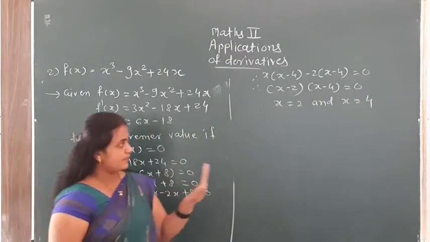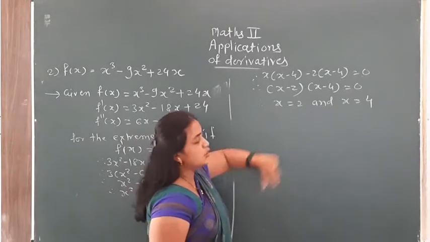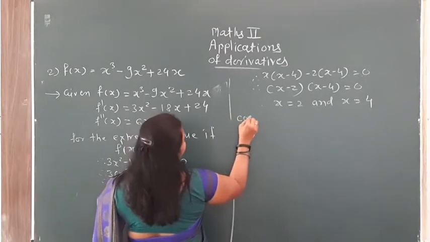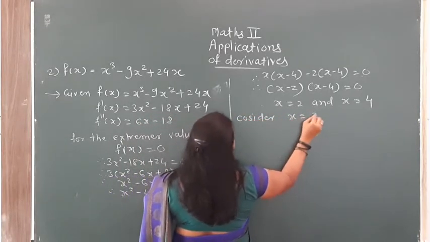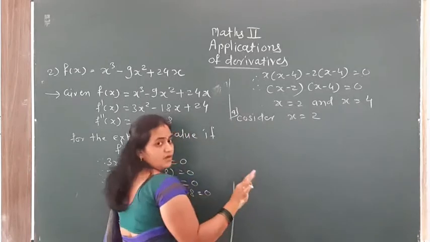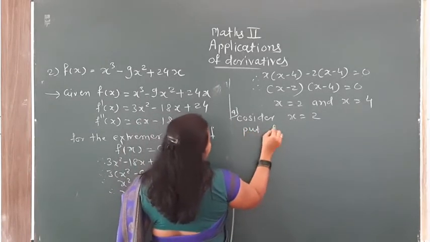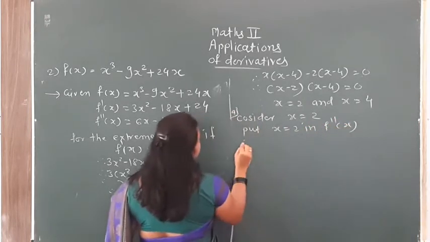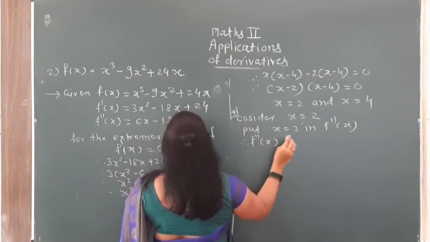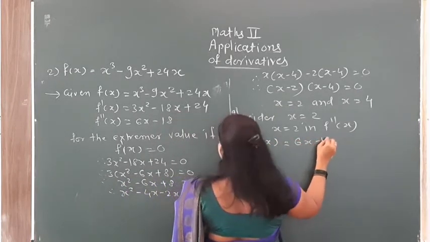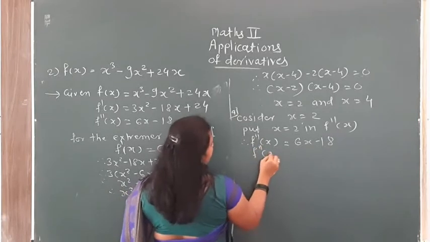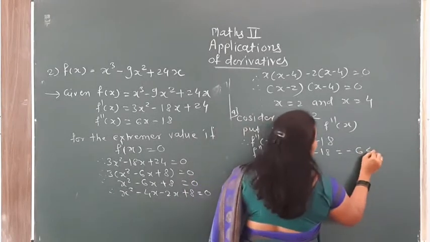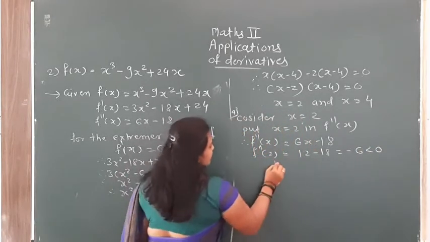Now first we take the first root, x is equal to 2, and put it in the equation f double dash of x. So f double dash of x is equal to 6x minus 18. So f double dash of 2 is equal to 12 minus 18, which is minus 6, which is less than 0. So by the second derivative test,